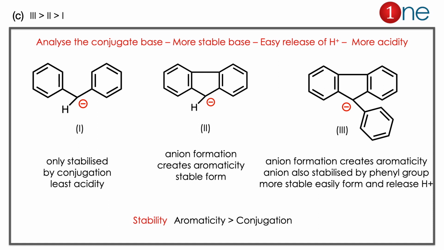Bronsted acidity. If the first one loses the proton, it forms an ion. It stabilizes by only conjugation. But if the second loses it, it has extra stability by aromaticity. So compared to one, the second is more stable. If you look at the third one, it is very interesting. The third one is stabilized by aromaticity as well as the phenyl group. So if you look at the order, third will be highest, then second, then first. So the answer is clearly C. The concept you have to learn here is that the stability created by aromaticity is higher than that of conjugation.